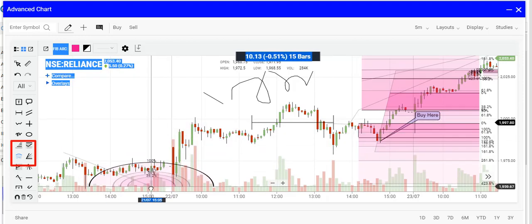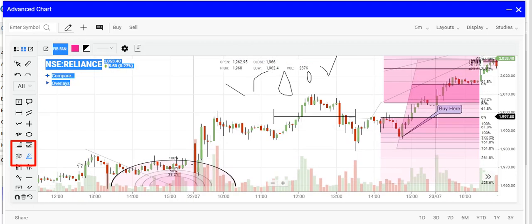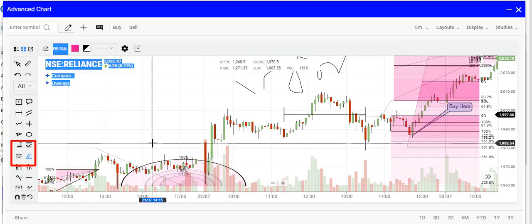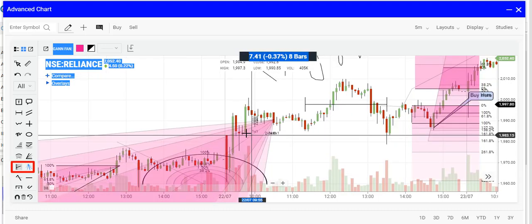This is our Fibo arc. And this is Fibo fan. What this means is you have got a complete package for Fibonacci analysis over here. Gann fan is given also. This is how the Gann fan is plotted.